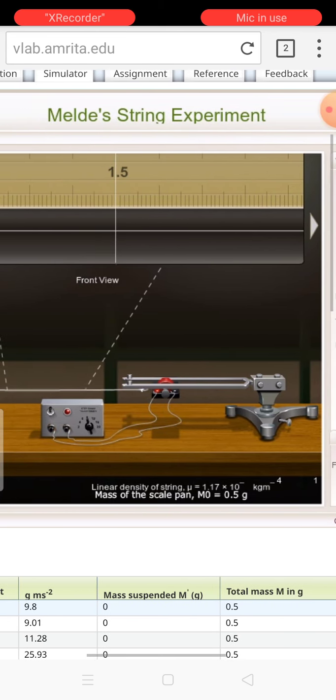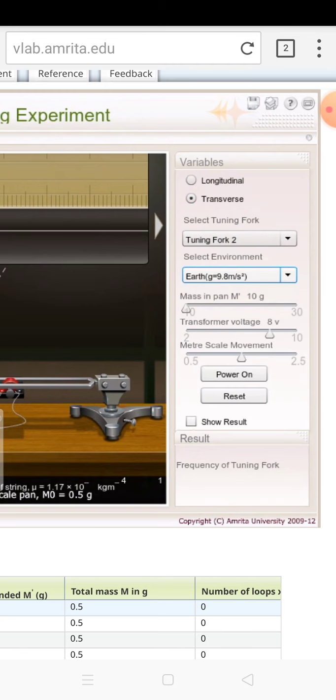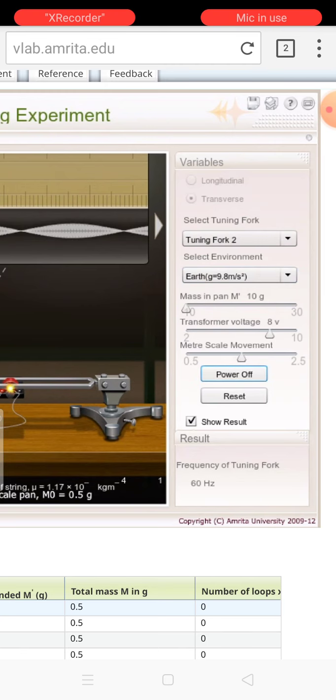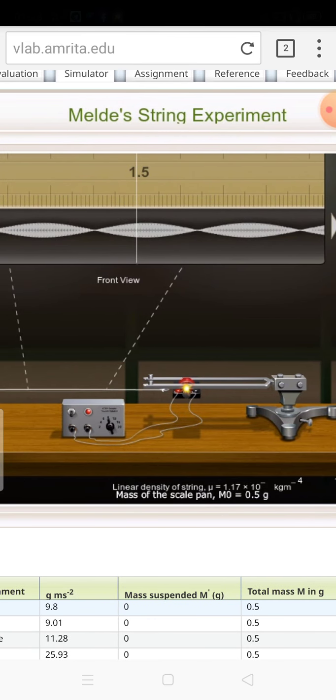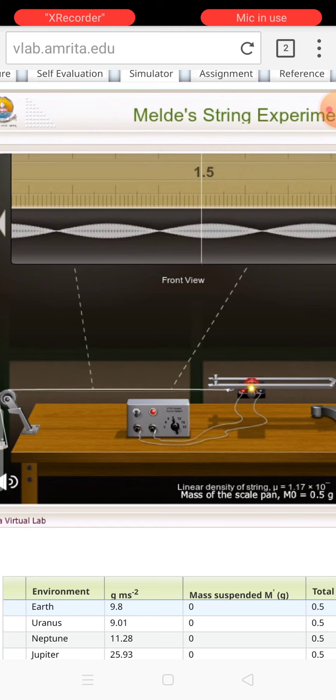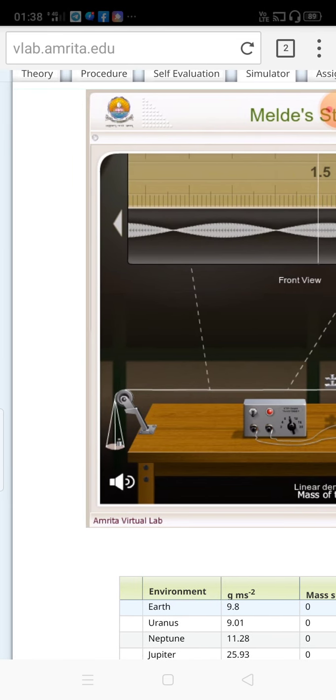Okay. Now again, always remember to start your practical, use the power on switch. Now the practical is on again, but see this one important thing. Now the size of the wave is smaller. Why? Because you have started with a smaller weight on the pan. Where is the pan? This is the pan, but the pan is on the lower side. Now what will you do?